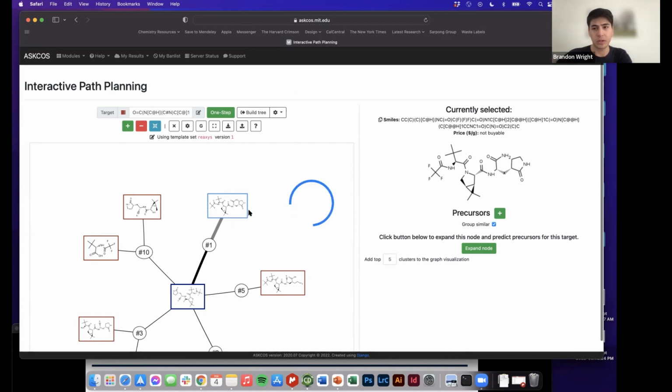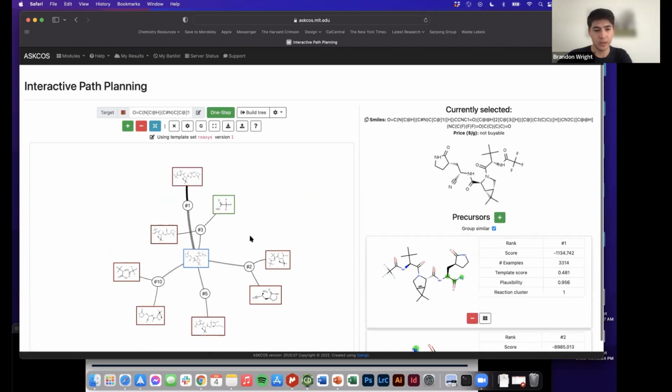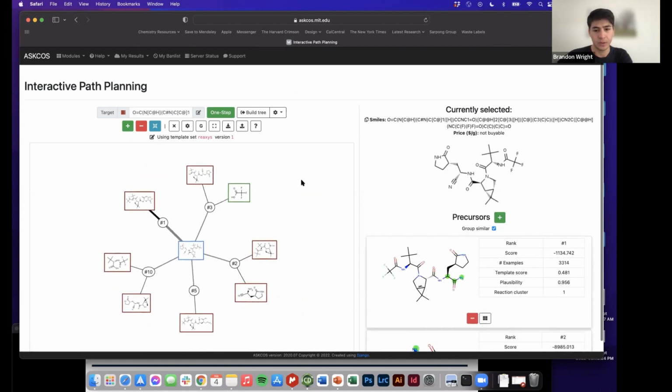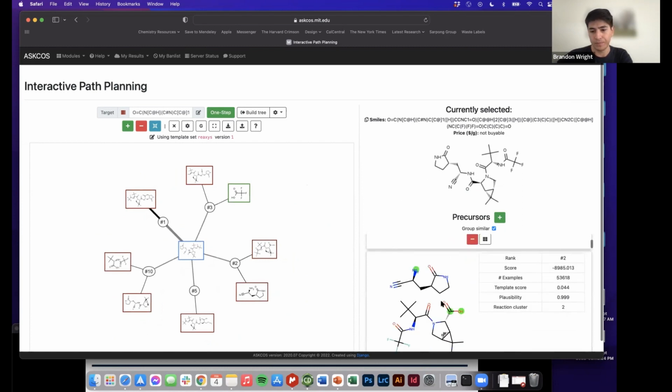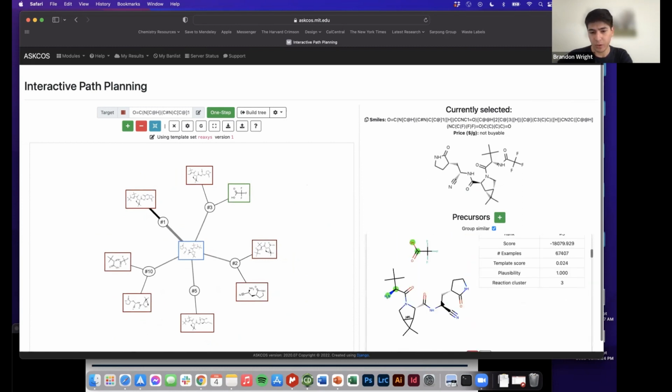So the computer is working, it's thinking, and it's just going to continue the node expansion over and over again. All right, so I think that's all I wanted to show here. I guess I should pause at this point and ask, are there any questions or